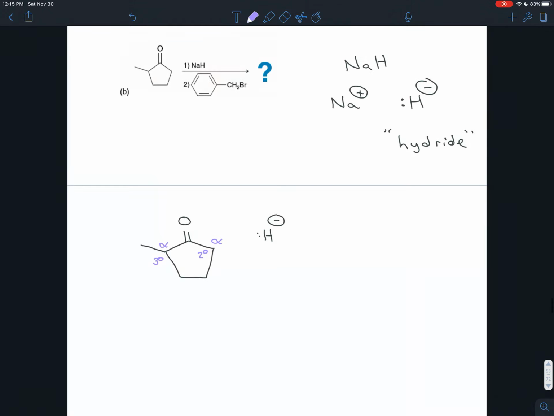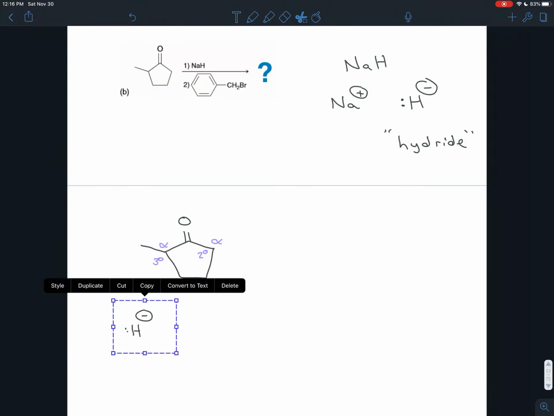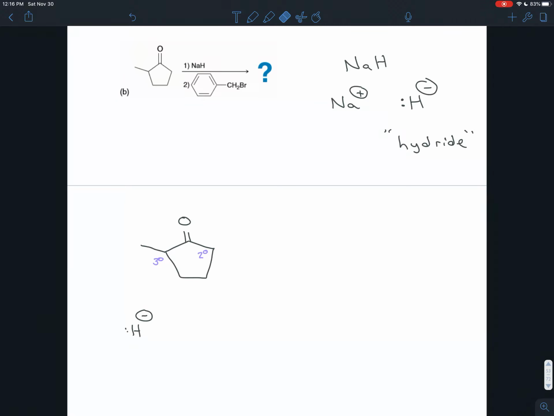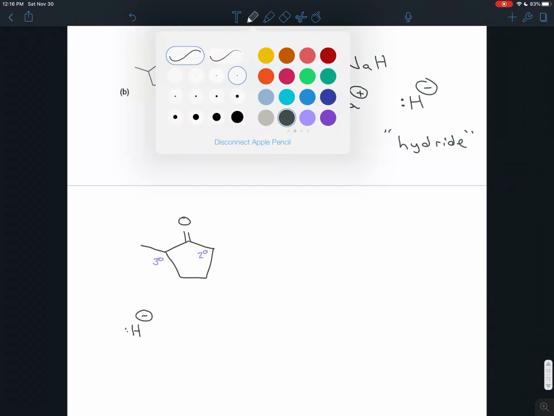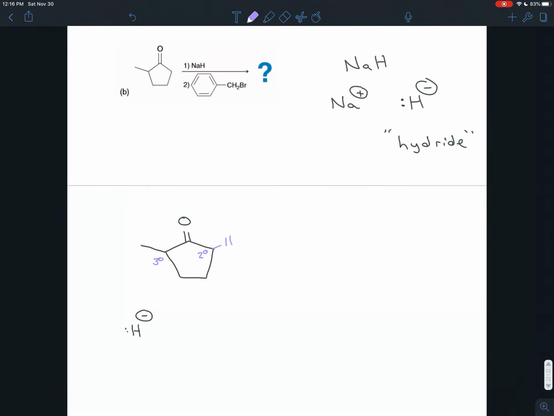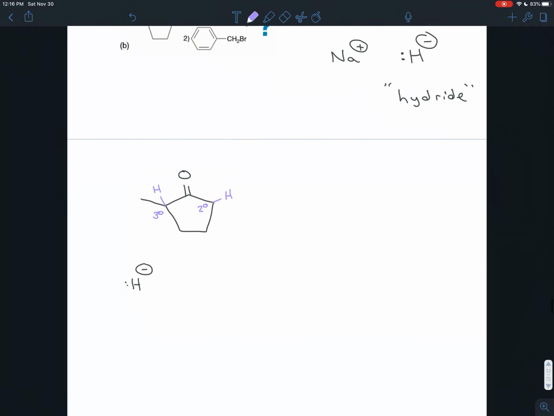So, in this case, this small base will be able to reach the hydrogens on either of these pretty equally well. So you'd have a hydrogen on each one. So the crowding is not an issue here. The only issue is which position produces an ion that's more